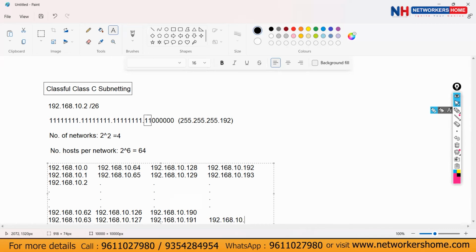So 192 plus 64, what will you get? 256. But 256 is not there, so we take 255. Here, the last valid IP. That's it. Did we get the answer?